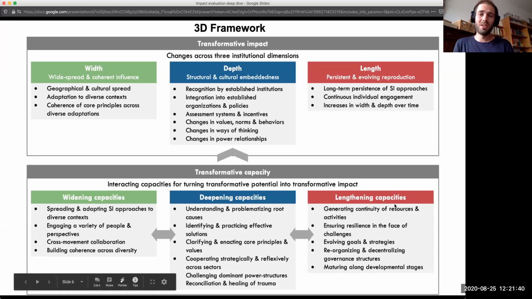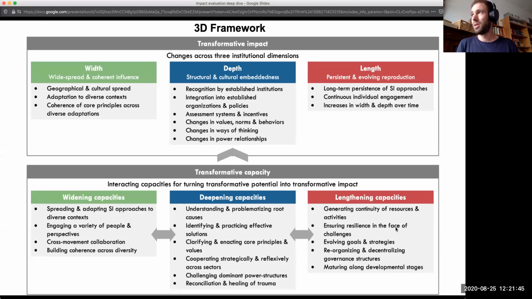The lengthening capacities are things like generating continuity of resources, so that there's not just short-term funding, but people who want to promote basic income have continuity of funding for their work, and projects don't just die out with the learning limited to that time and space. It also means ensuring resilience in the face of challenges, as people critique it, maybe with valid arguments, coming up with rebuttals and overcoming those challenges.